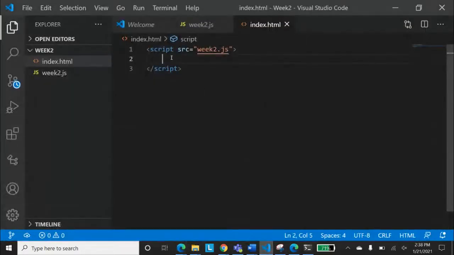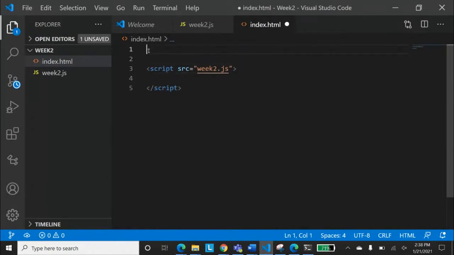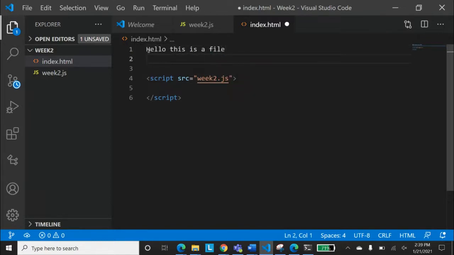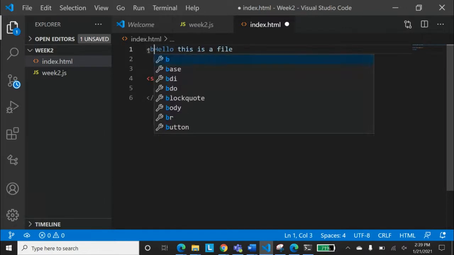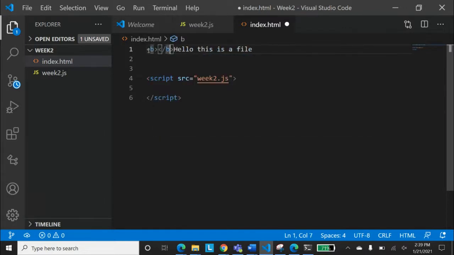Okay, it's not showing anything at all. Just hold on a minute, because we are running a script over there, and let's put something over here. Hello, this is a file, right? So I'm just placing this, or maybe just converting it into our bolded form, because all the inputs that it is taking are for the command line. Those functions are running for the command line.